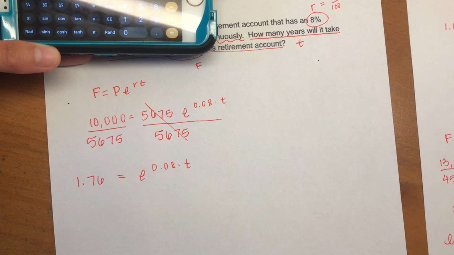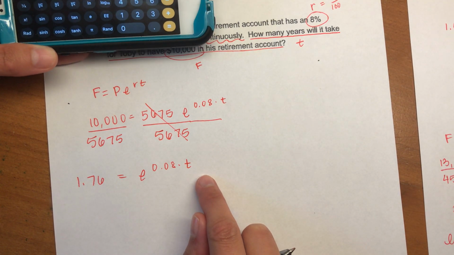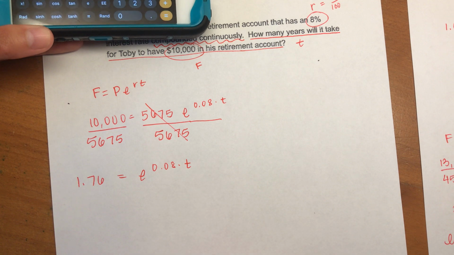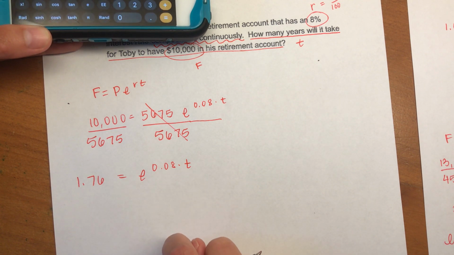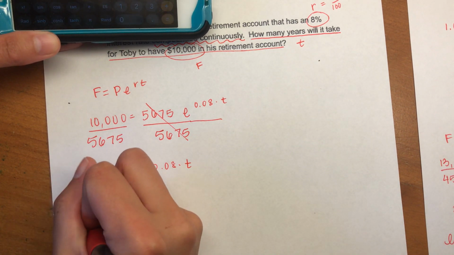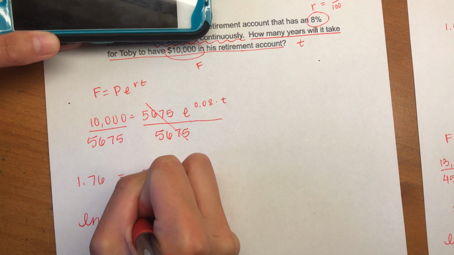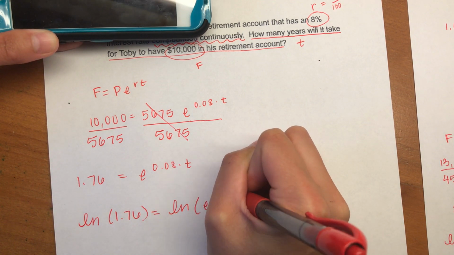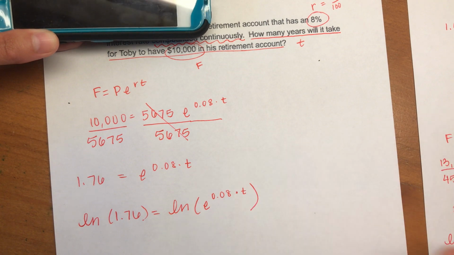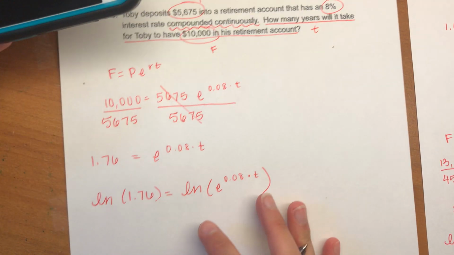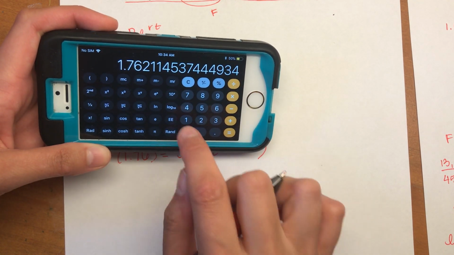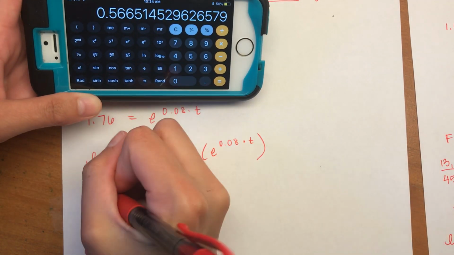Okay, what do I do next? I've got an exponential equation ready to take the log of both sides, right? And what kind of log am I going to take on both sides? The natural log, right? Okay, so we've got ln of 1.76 equals the ln of e to the 0.08 times t. And I'm going to use my calculator here. I've already got this value up. I'm going to hit ln. I get